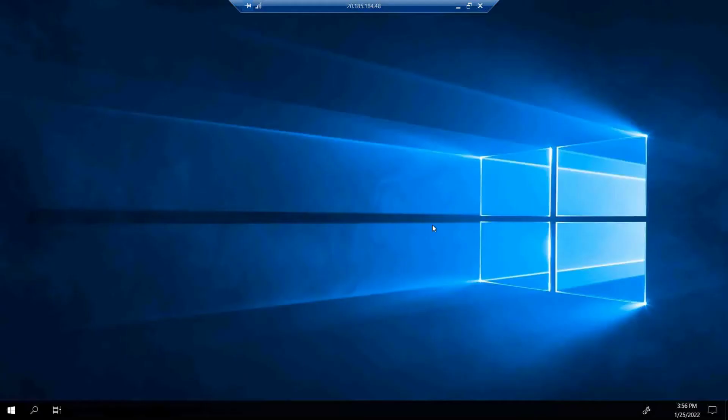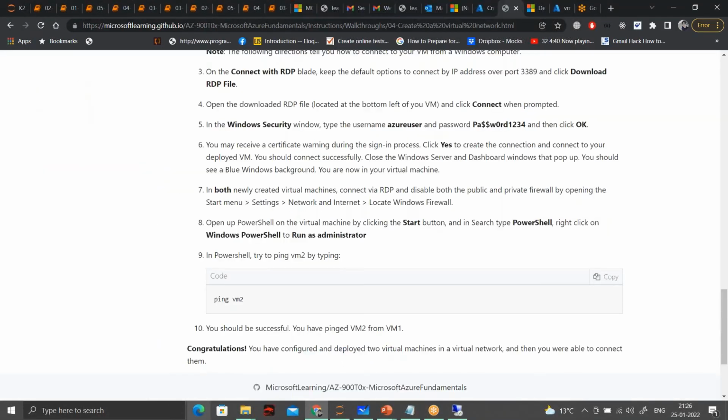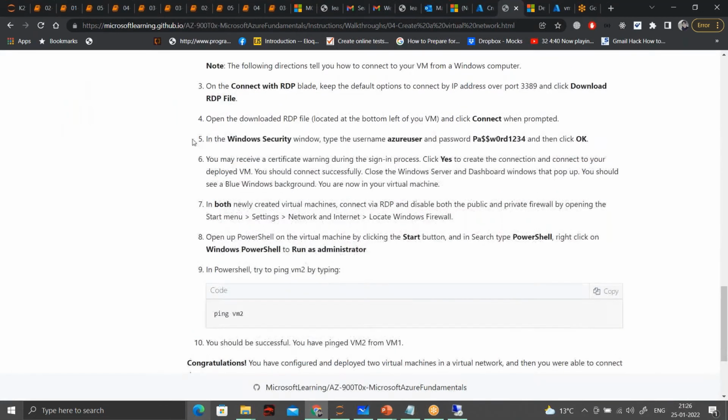Okay, so we are in the virtual machine now. The next step that we have to take is we have to locate the firewall settings. So what we did is we have logged into the machine, and for the security certificate warning, all you have to do is just click yes, and it will bypass that.